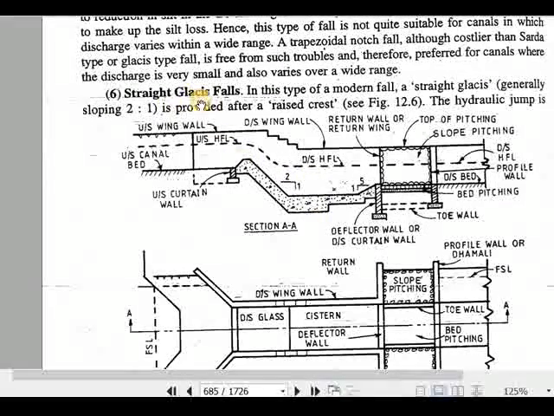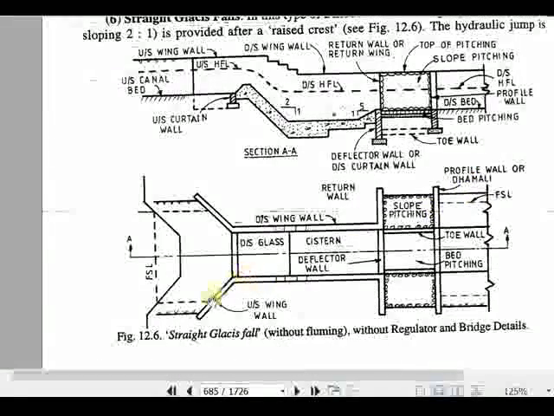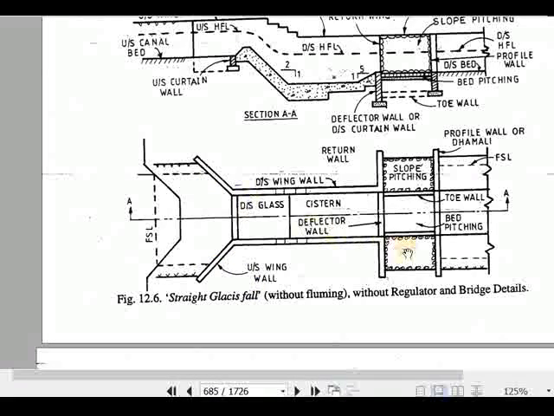And we have the separate glacis type of fall which we already discussed. Here we have the upstream bed level, and here we have the raised crest, with slope 2:1 or 3:1, and here we have again a baffle wall of increased height, and then stone pitching on the sides and on the side wall also, and then we have the downstream bed. You can see these are the wing walls, upstream wing wall, and there are also downstream wing walls, and water is coming, and we have fluming here. If for example this is 100 feet distance, this may be 75, 80 feet, 65 feet. So that is the fluming ratio.